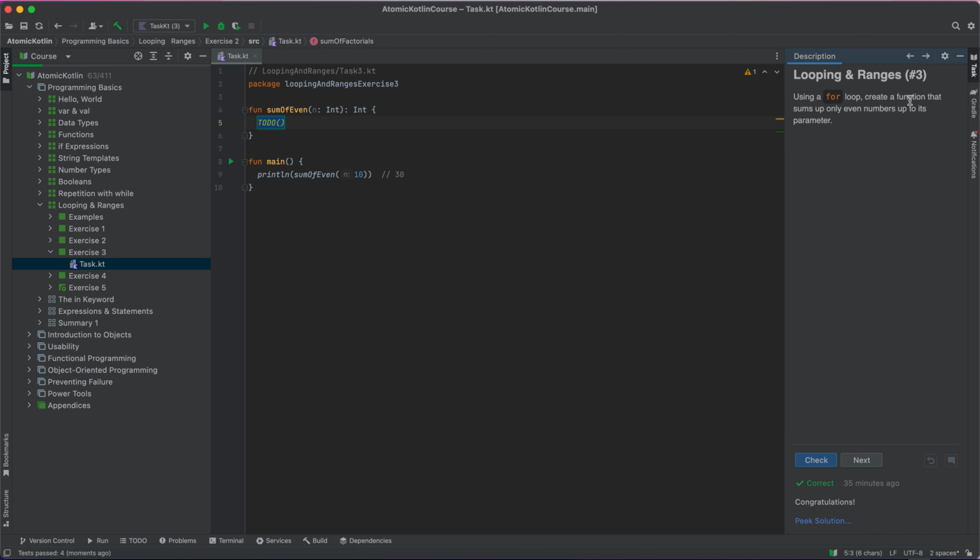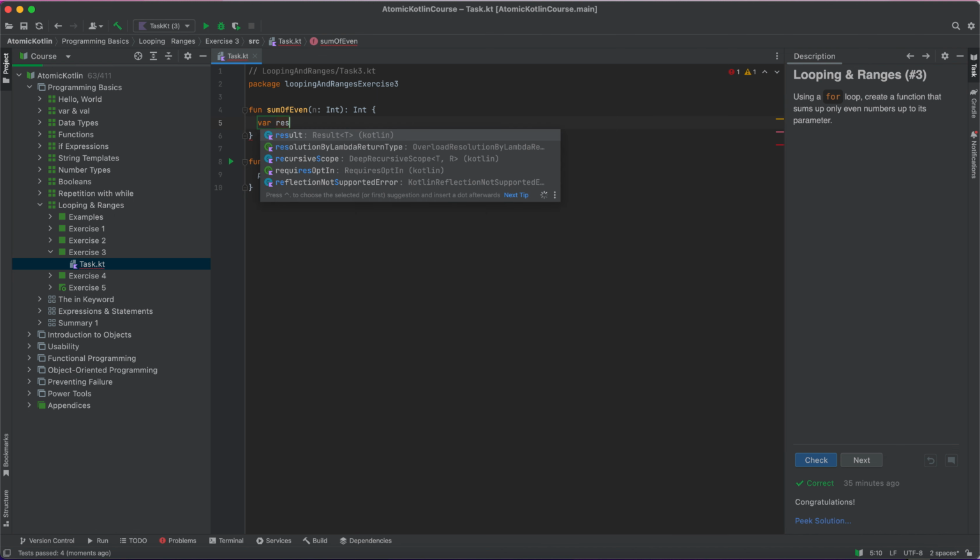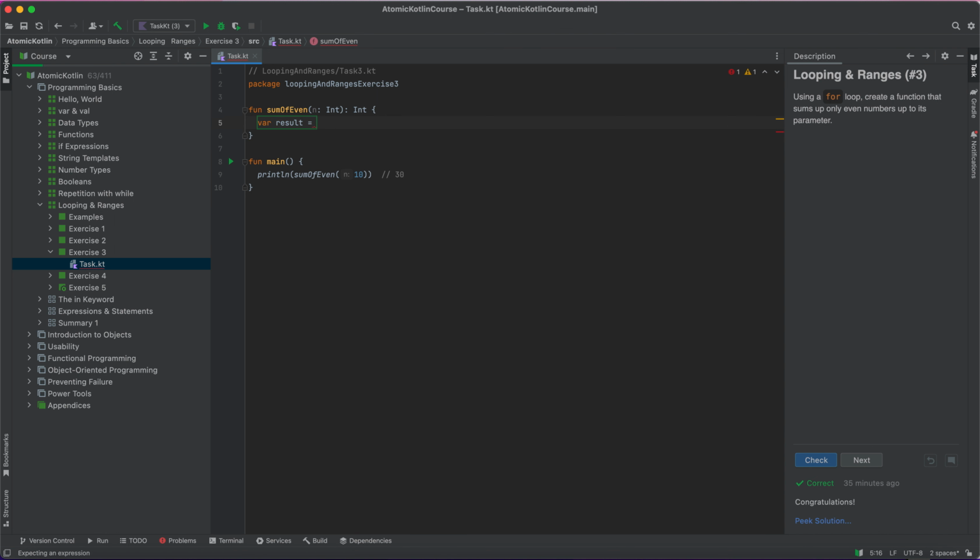Using a for loop, create a function that sums up every even number up to its parameter. So I have to sum every even number up to a parameter. So how do I do that? Similarly, result, so let me put the result as an int, right? So it's a for loop, i in 1 to the range, which is this one, and then what I have to do is sum up every number and return the result. So how do I sum it? The result has to be summed with the